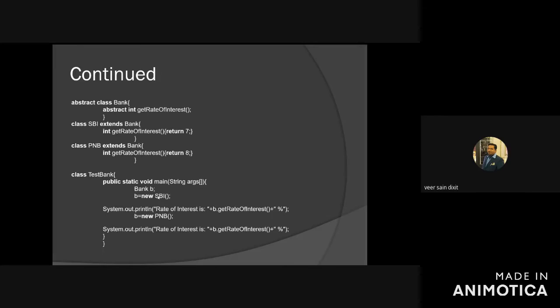You can extend that abstract class into subclasses, and define the methods there in the subclasses. So in the main method you will create an object reference of the abstract class, and you will assign the reference of a subclass to that object reference, and